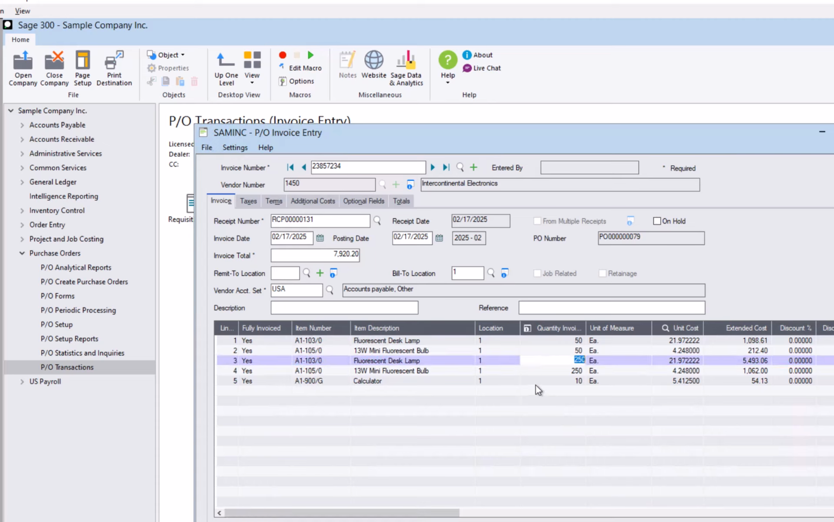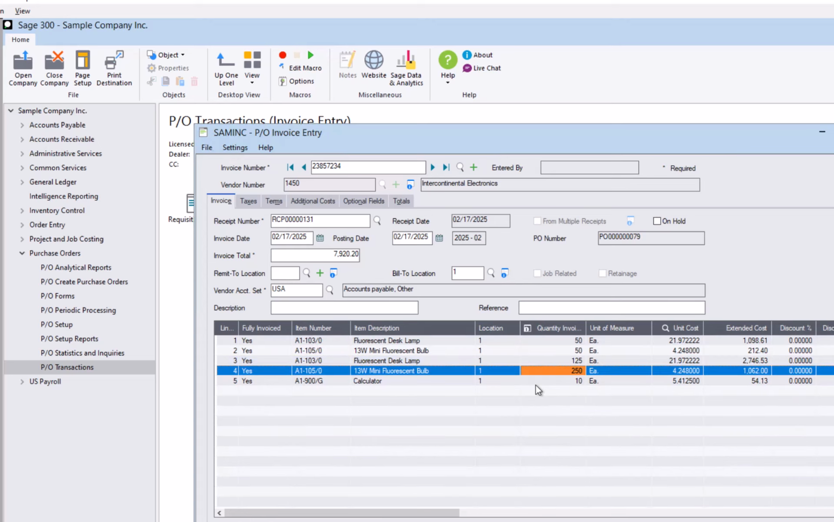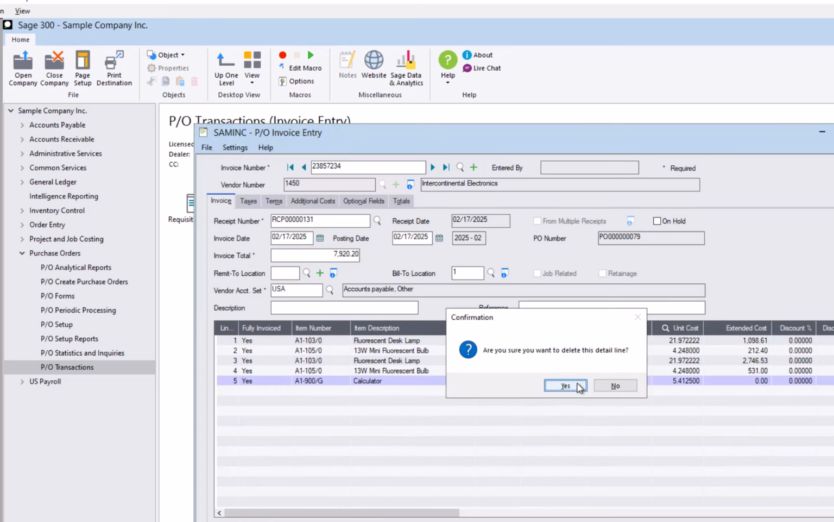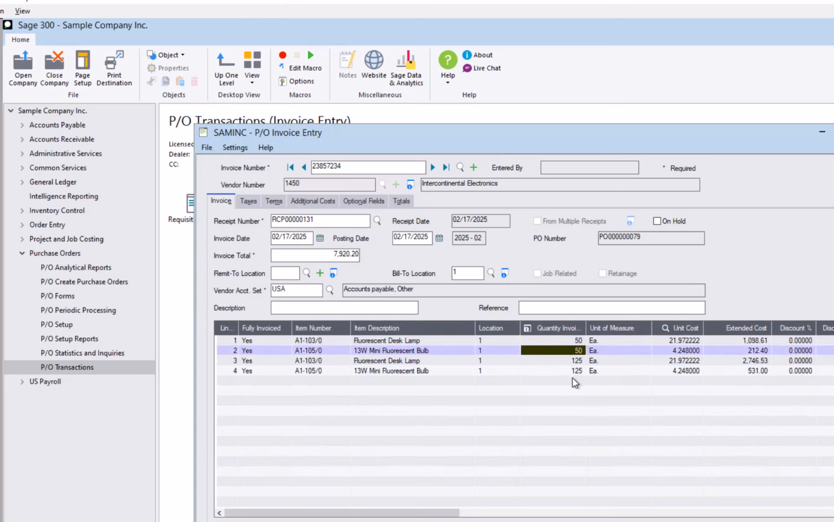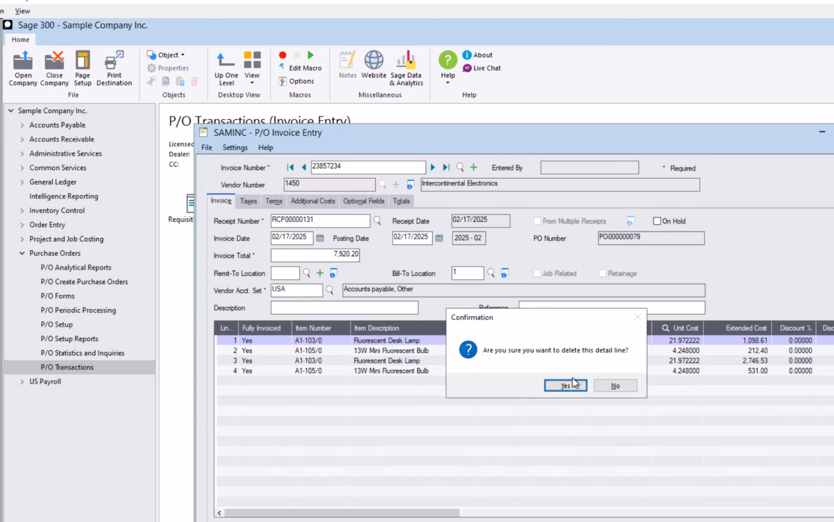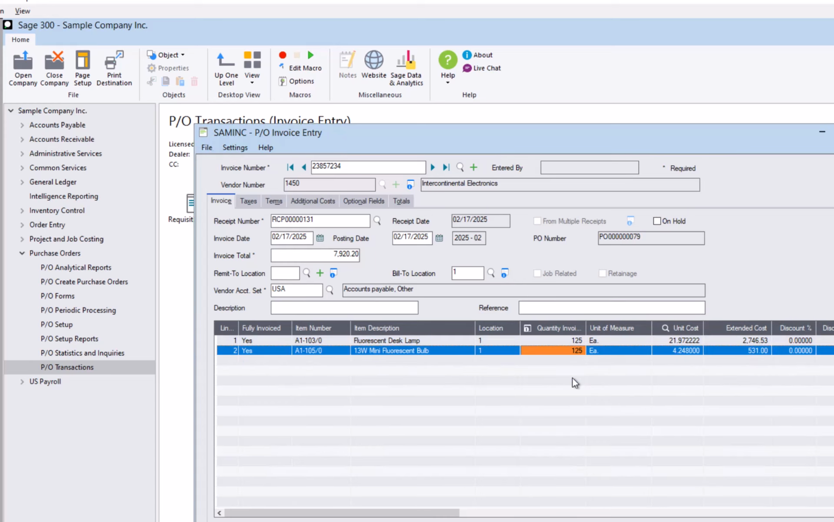So in this case, I'm going to say 125 and 125. I'm going to go ahead and delete this detail line so I don't receive it. And I'm going to go ahead and delete these two detail lines so I just have the details of what I'm